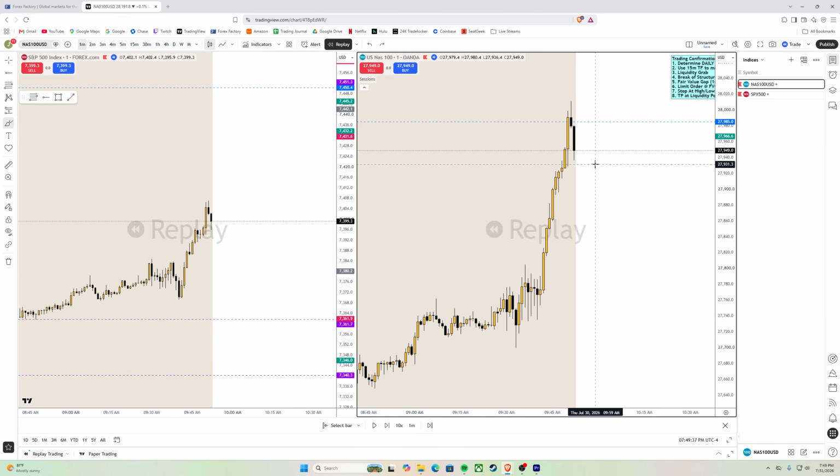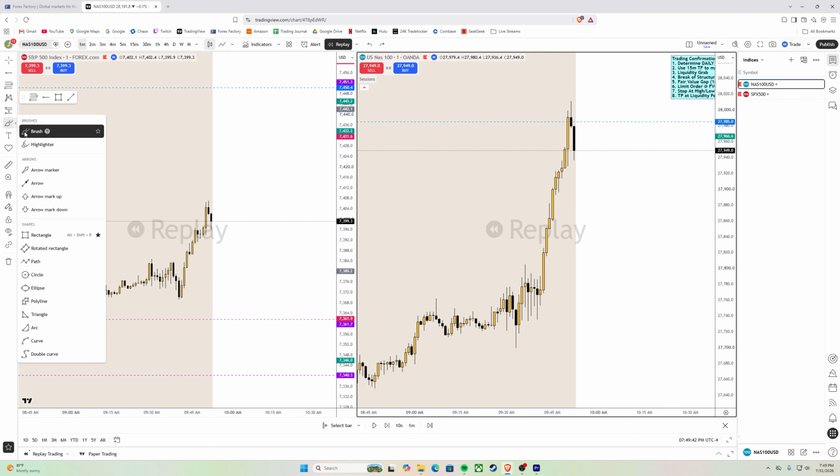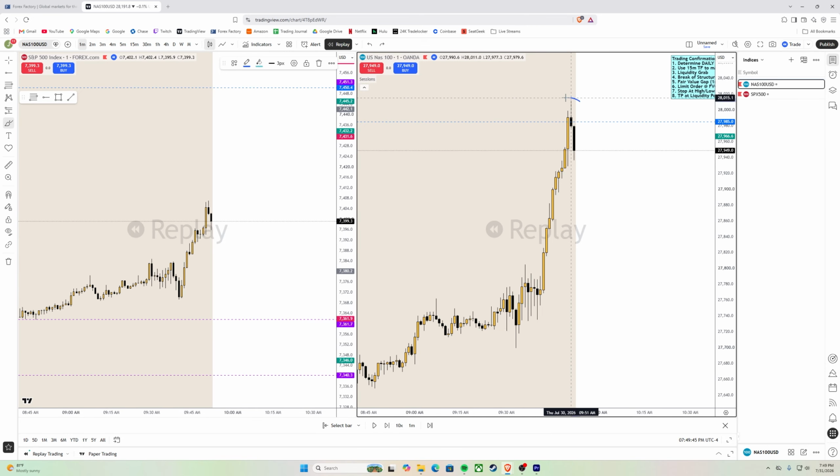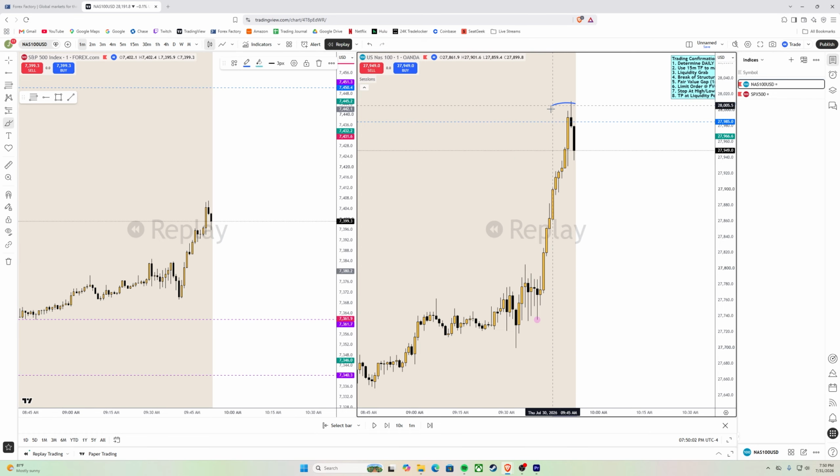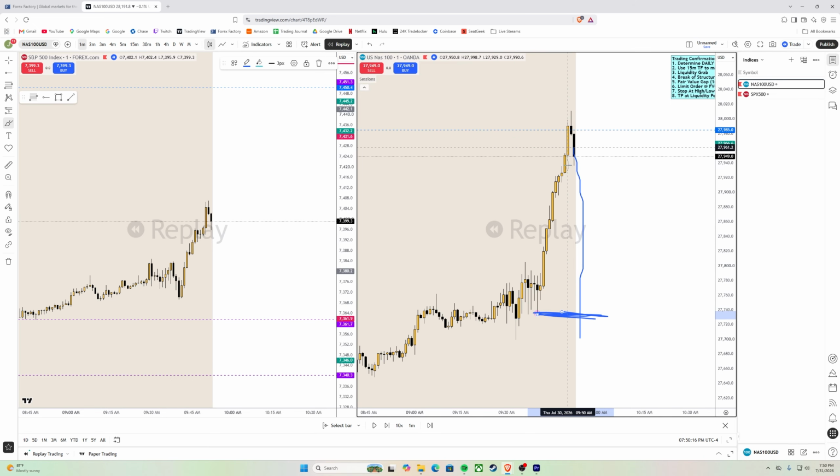So now when I see a liquidity grab, the next thing that immediately goes to my mind is the previous structure point. So you see that this is the new high that got formed. So prior to this high, where is the most recent swing point? Now, if you're quick to point it out, the most recent swing point prior to this high is in fact down here. So this is not necessarily ideal for a trade because price, even though it took liquidity, as currently constructed, would have to go all the way down here to then be considered a structure break, right? And then obviously that would be potentially a large stop loss.